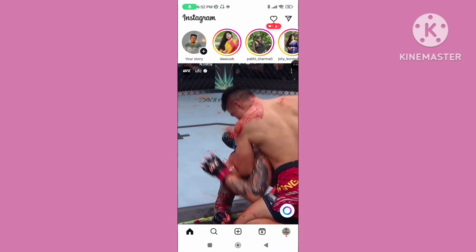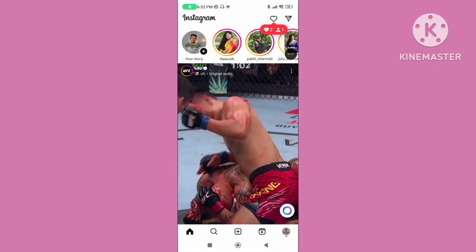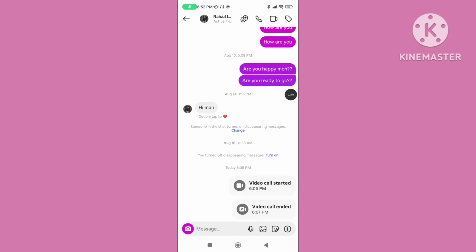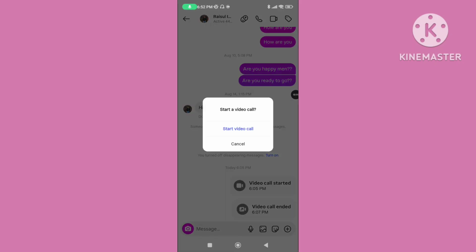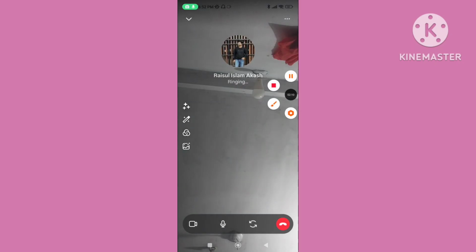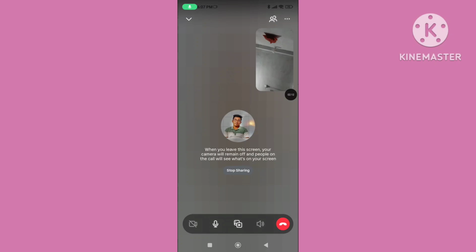tap on message icon, call any Instagram friend, after receiving your call, you can follow all of the steps to fix Instagram new update video call screen sharing